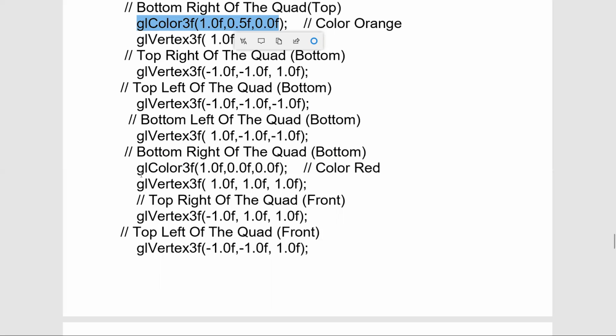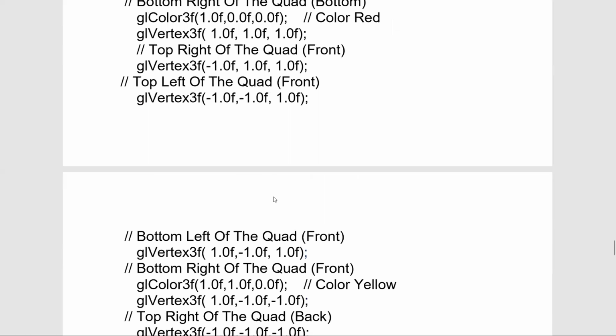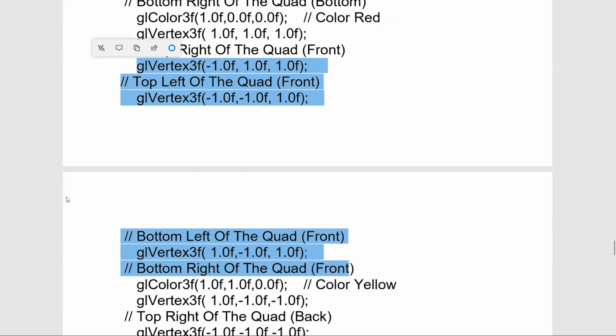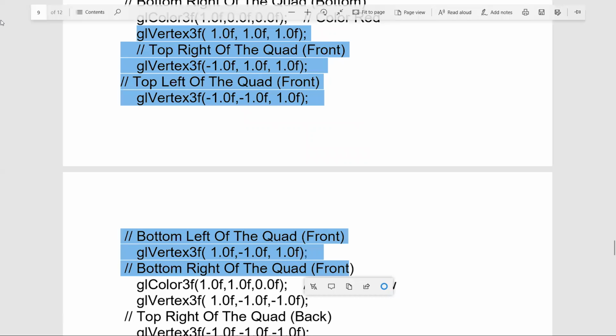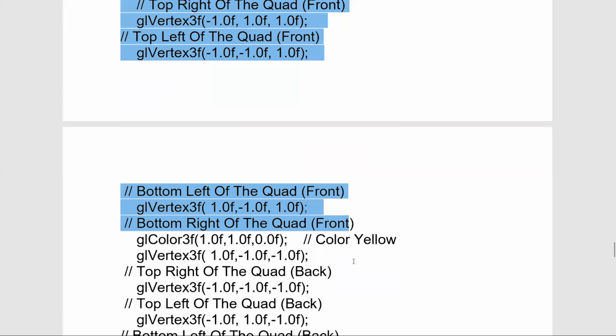Now using red, we are preparing our front surface. For the front surface, all the corners are ready. The top right corner vertex is ready. The top left corner of the quadrilateral is ready. The bottom left corner is drawn. The bottom right vertex is drawn as well.